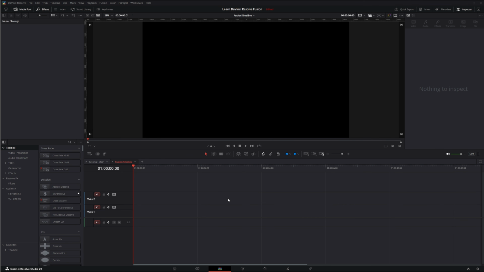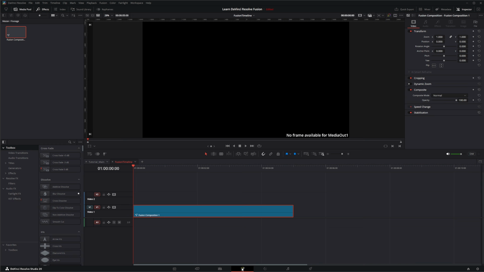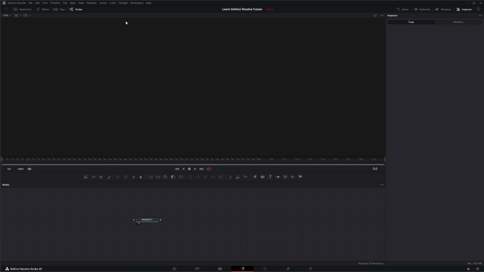So we're going to go over some of these settings. To be able to do that, let's go ahead and just create a little Fusion. You learned about this the other day. So we're just going to create a new Fusion composition. We're going to throw it in our little timeline here so we can hit this Fusion tab and jump into Fusion. Now today I'm only going to concentrate on this Fusion tab up top because there's so much stuff to go over when it comes to settings and right clicking in the menus and the display. It's a lot of information. So today we're just going to concentrate on this Fusion tab up here and the settings and the different stuff